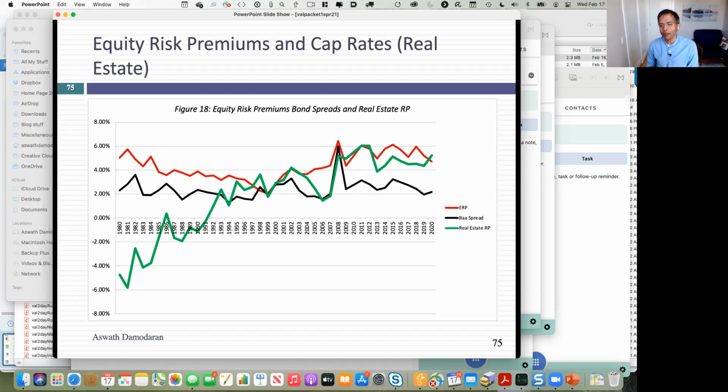Because take a look at what's happened since the 1990s. Real estate risk premiums are moving with stock and bond premiums. What does it mean? Terrible things if you're an investor, because here's what you will see. You have a bad year in stocks, and you say, oh my God, let me go check my corporate bonds. A bad year in stocks, you're also probably going to have a bad year in corporate bonds. Lots of default. At least my house held its value. Go check your house. Guess what? If it was a bad year in stocks and bonds, your house is down 20% in value as well.